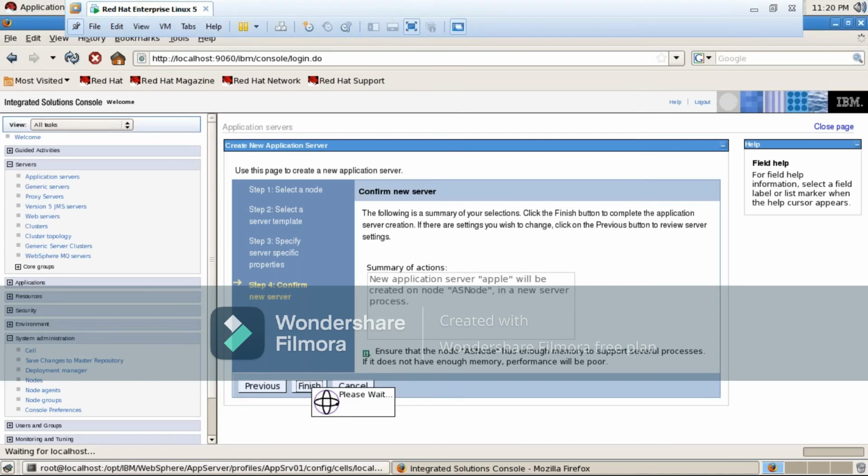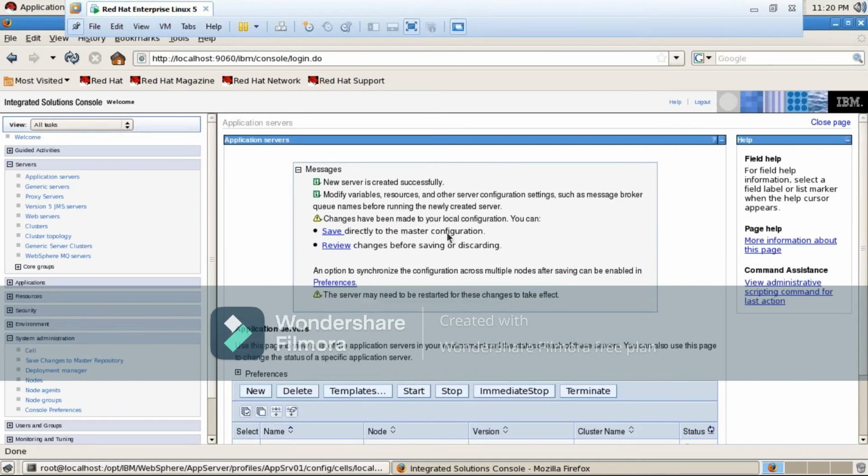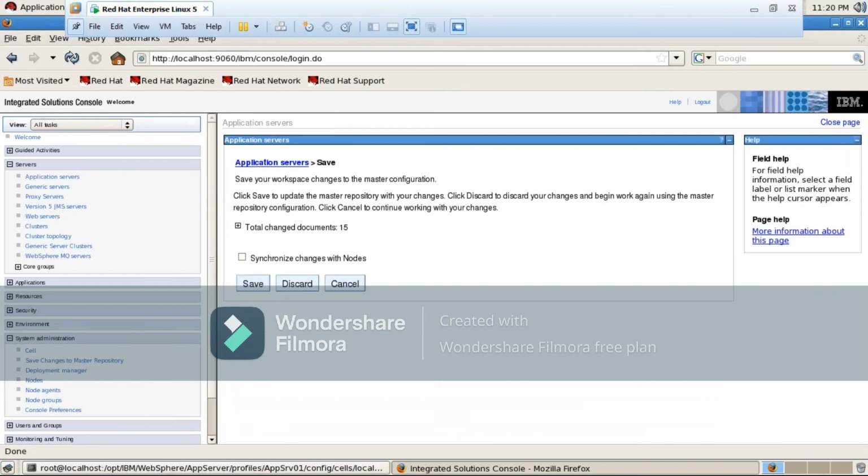And remember, practice this: whenever you make configuration changes, it will ask to save to the master configuration, right? Before saving, see here, it was asking to save directly to the master configuration, and before doing this save, go for review. If you see, you can check it out.